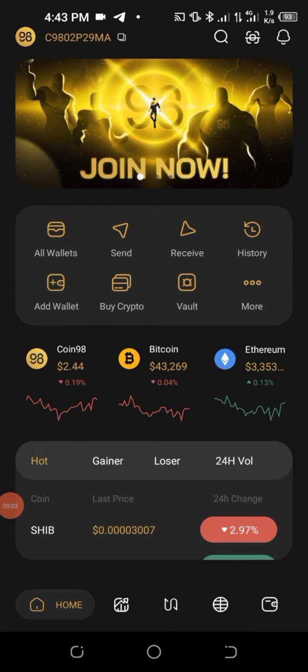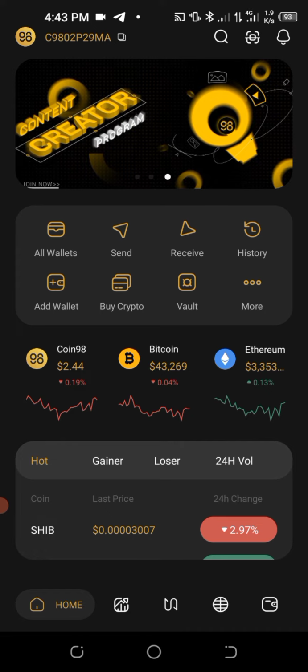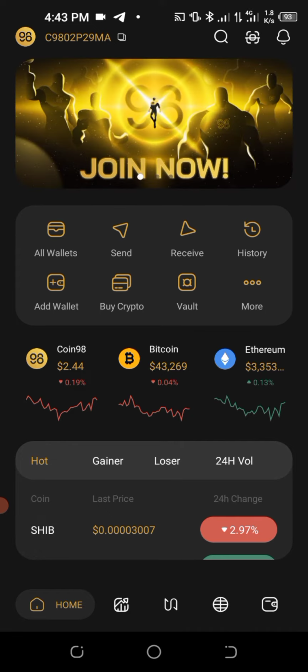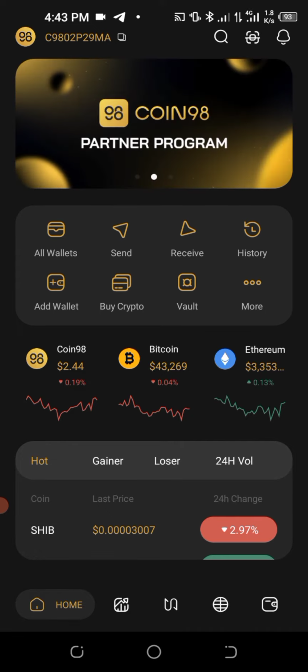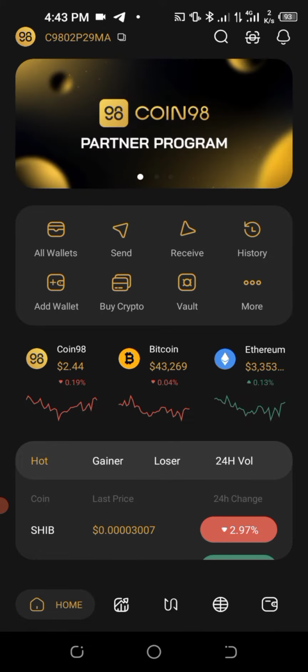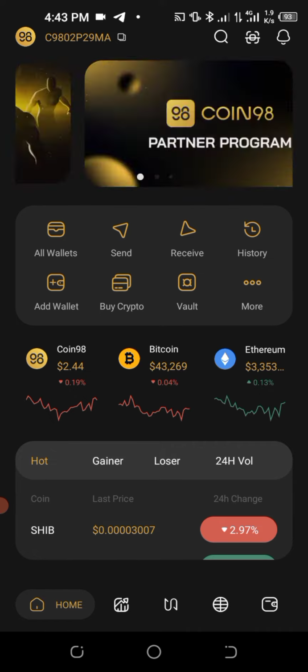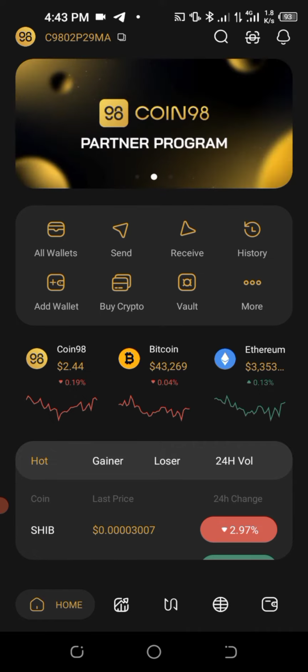So guys, hello. Quickly, I want to do a video on how to add a wallet on the COIN98 app. Now, for most of us that don't have an idea of what it is, in case you want to add the Binance Smart Chain wallet to your COIN98 app, what you need to do is on this particular